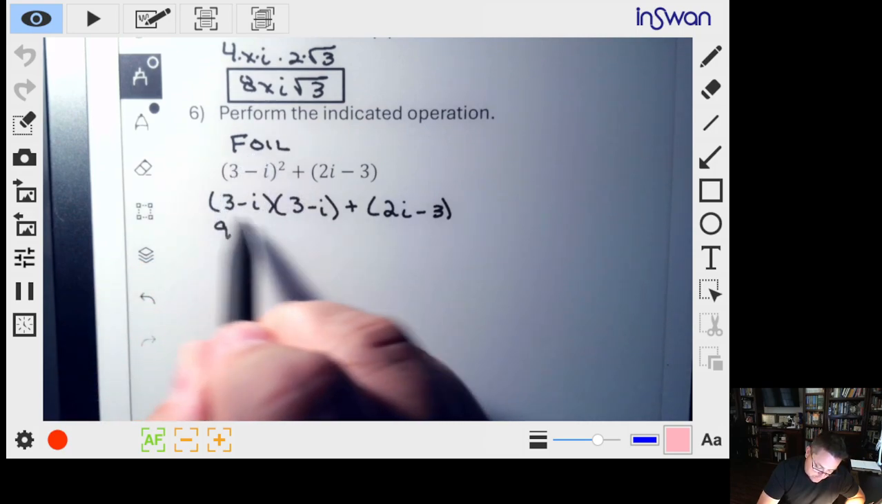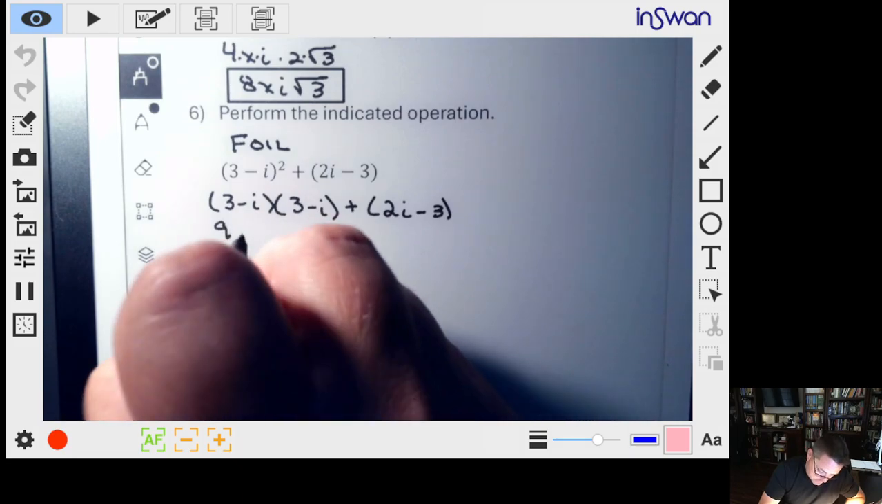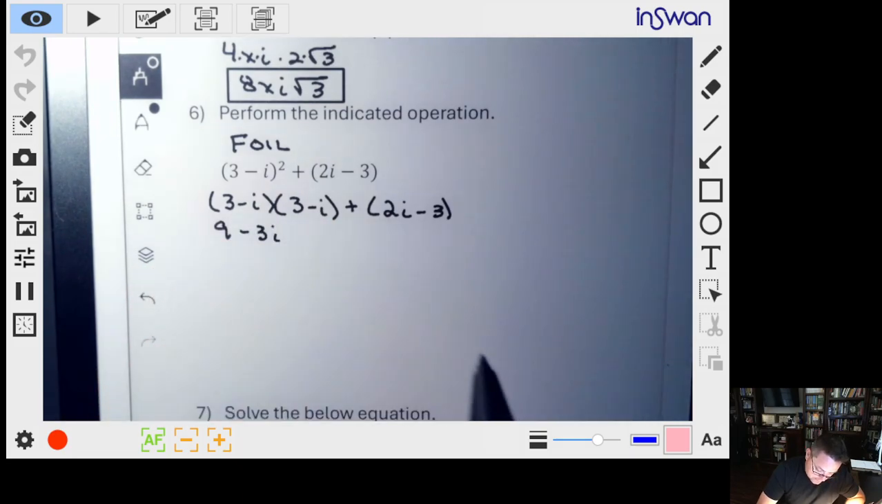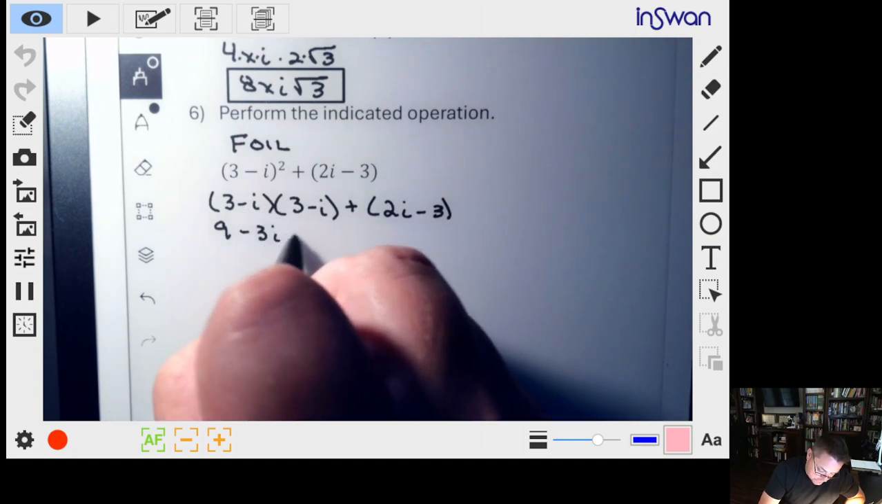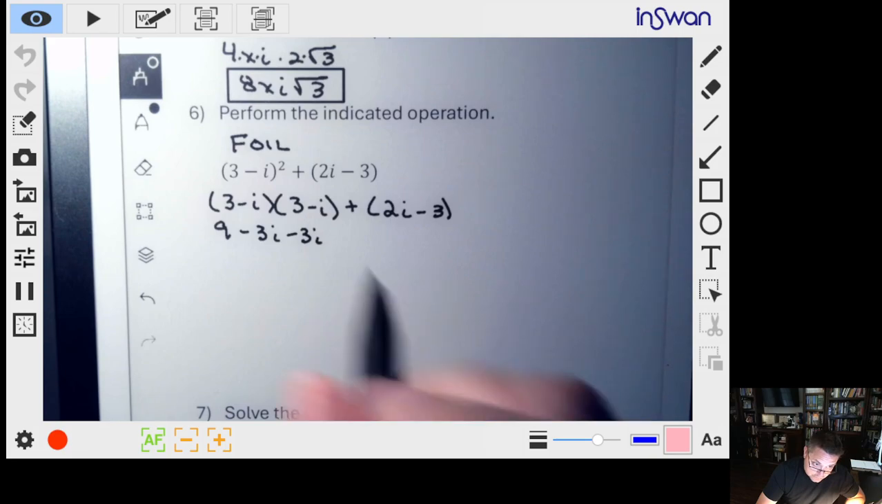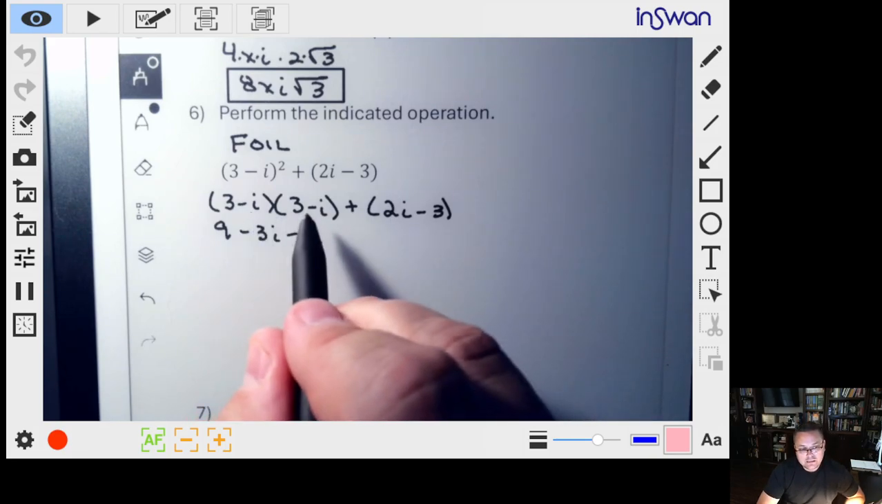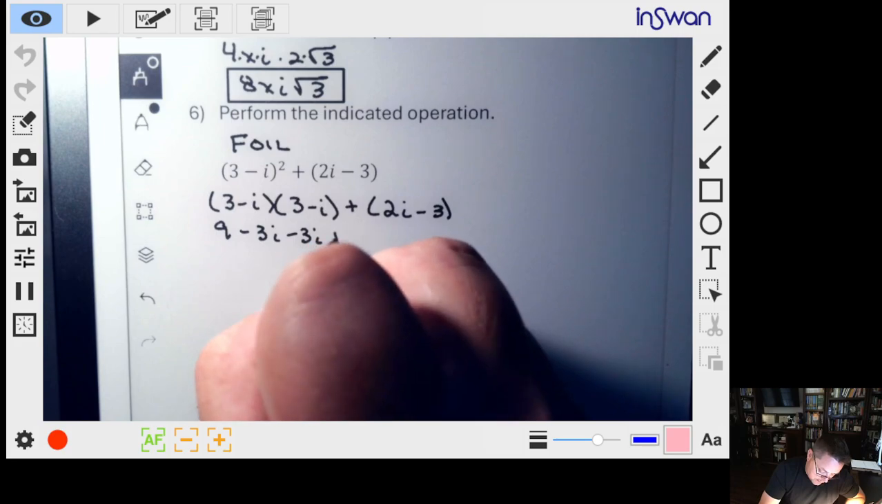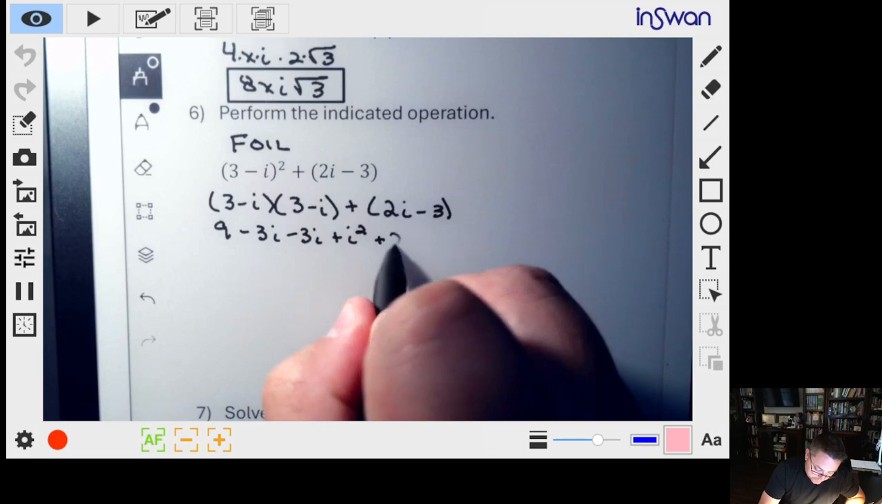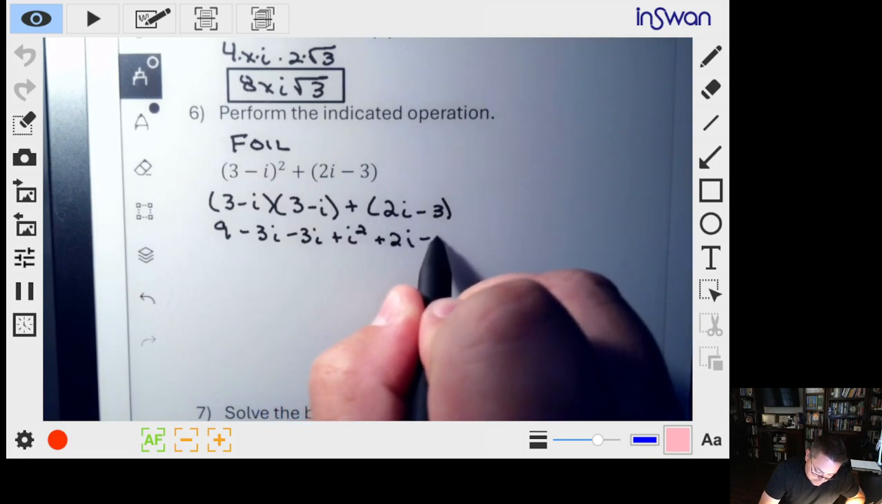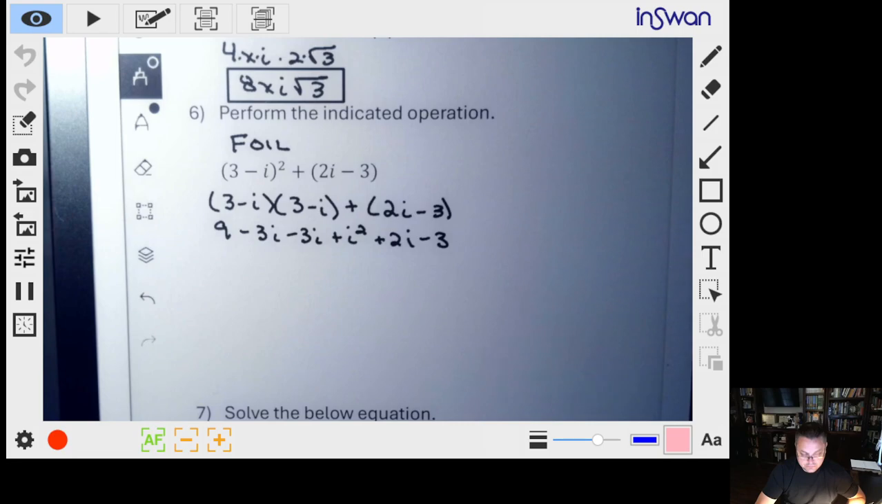The outer two numbers, the 3 and the negative i. So it'll be a minus 3i. The inner terms, 3 and a negative i, also give us another minus 3i. And then I've got a negative i times a negative i, so that's going to be a positive i squared. Now I don't need the parentheses here at the end because I've got addition, so there's no reason to have